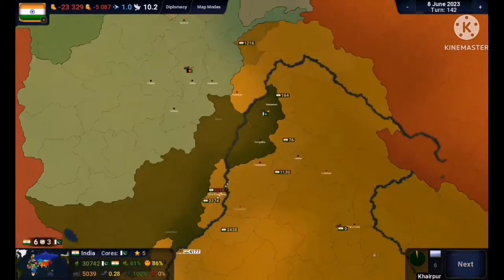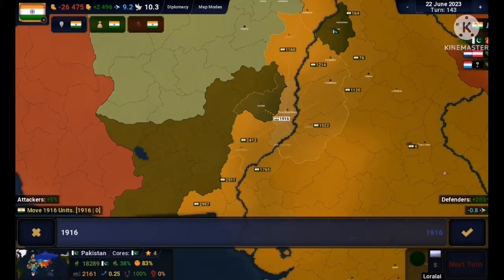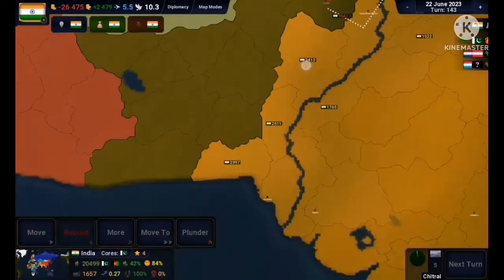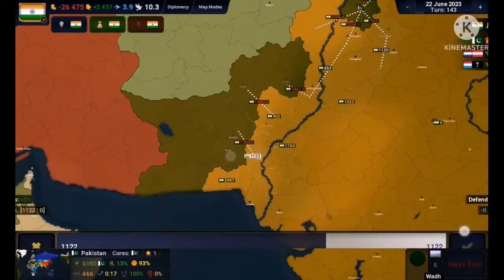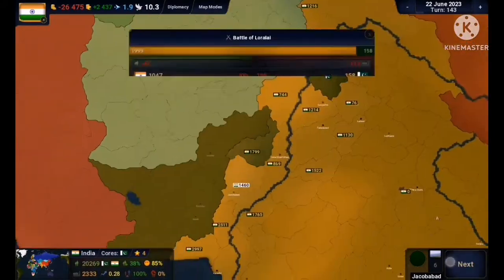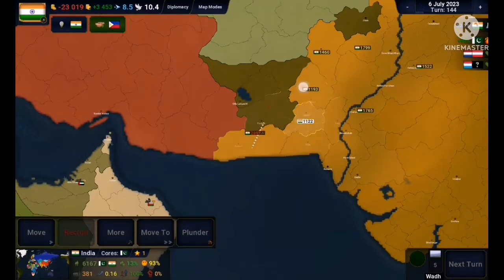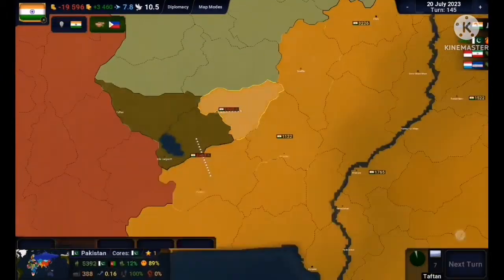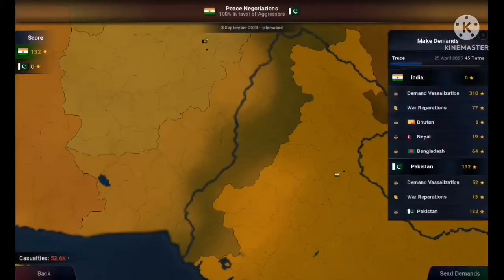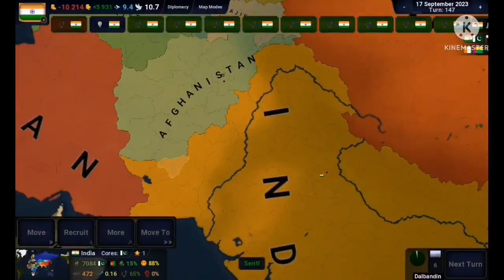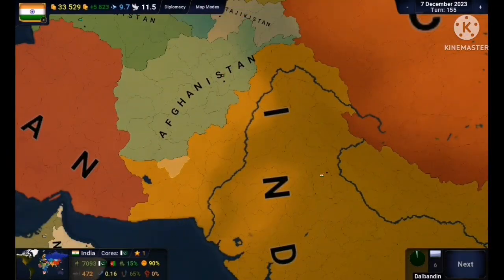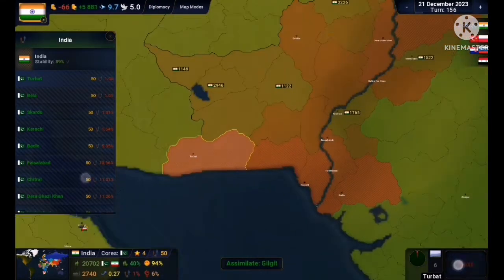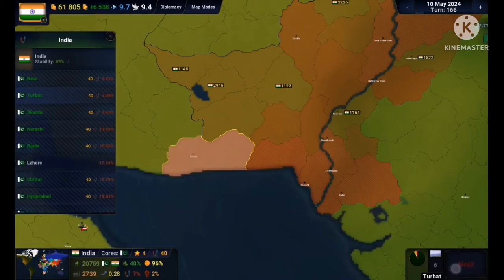Anyways, I continue with the invasion. I do a lot of shifting of troops, mainly so that I can keep my front lines. But by this point, Pakistan's front line collapses, and I, as India, take over completely. Now, I can already hear the internal screaming of every single Pakistani. I can already hear the screams of agony.